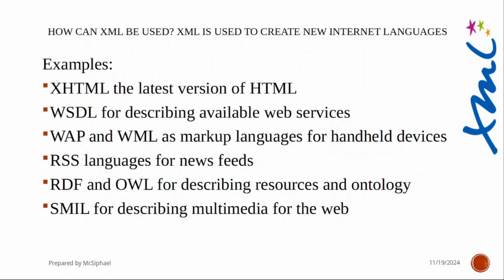XML is also used to create new internet languages. Since it's a meta language, it can be used to define other languages. For example, XHTML is the latest version of HTML, WSDL is for describing available web services, WAP and WML are markup languages for handheld devices, and RSS is a very common language for news feeds. RDF and OWL are for describing resources and ontology, and SMIL is for describing multimedia for the web. Many of these are languages you've never heard of before, but all are derived from